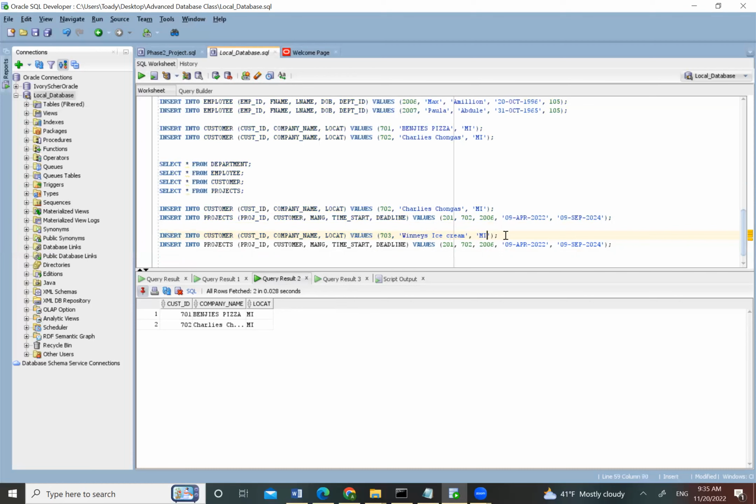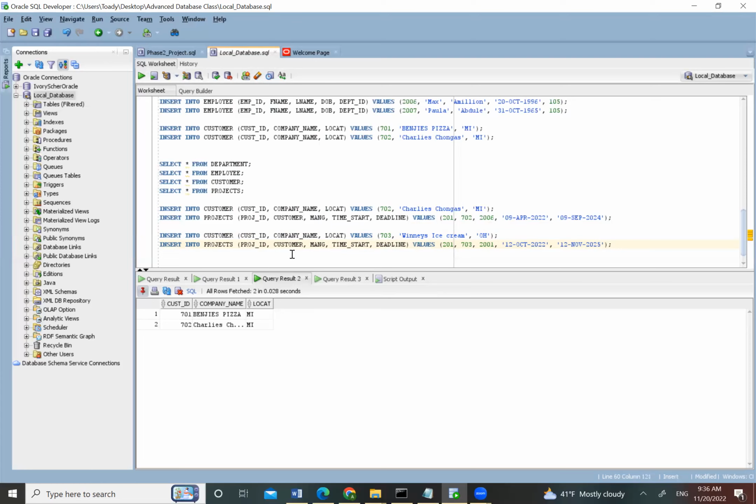And it'll be in Ohio. So we'll start this new project. Let's keep it at 201, and we'll change the customer to 703. The new manager will be 2001. It will start on the 12th of October 2022, and we'll do the end to the 12th of November